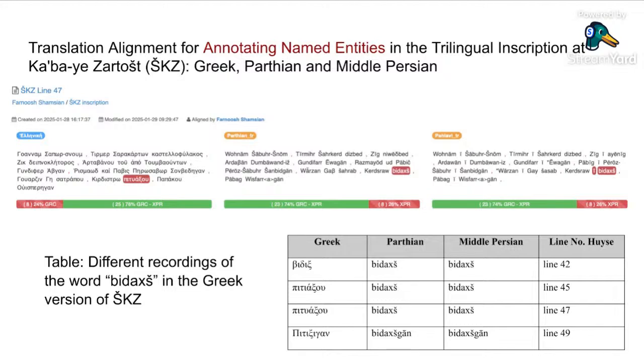So if you see that the Parthian and the Middle Persian are pretty much the same, the same word is repeating, which is Bidaksh, which is the royal title, I would say. But I don't want to get into the details of what is a named entity. So this was actually not in the data set of the named entities that we extracted. But